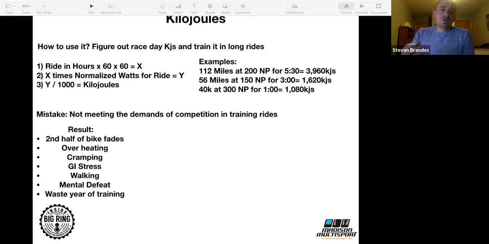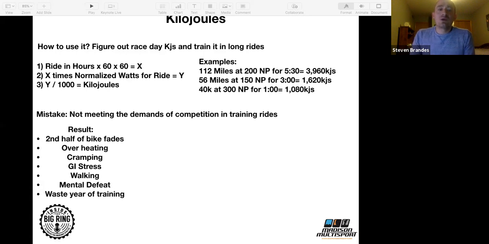You can go 56 miles at race pace. You can do 56 miles with intervals in there. You can go 60 miles. You can go 65 miles. You can go 70 miles. So I think one way to look at it is to finish a long ride and look at what your kilojoules are for it. Then figure out, well, I'm going to do a half Ironman, it's going to take me 3 hours, I'm going to average this power. Boom, my kilojoules is this. Thinking, well, shoot, I rode 60 miles and it was 1,500 kilojoules, but my race is going to be 17. So you didn't even meet the demands of what you're going to race.